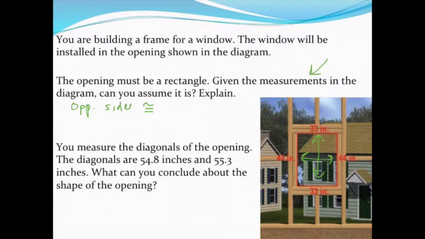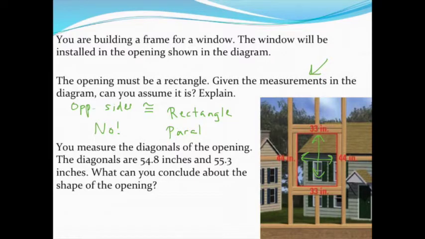Is a rectangle the only parallelogram that has opposite sides congruent? And the answer, if you look at your chart, is obviously going to be no. All the parallelograms have opposite sides are congruent. So I don't know if this is a rectangle or not. I know it's not a square or a rhombus because the sides aren't all the same length, but this could be a rectangle because a rectangle does have opposite sides that are congruent,